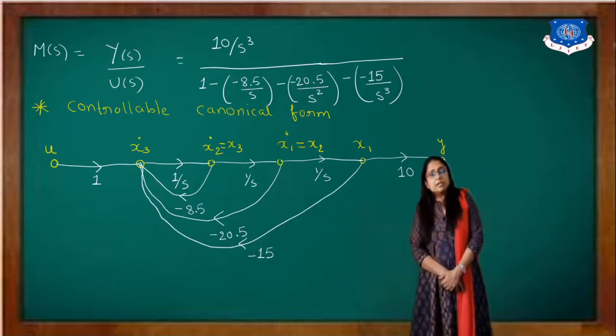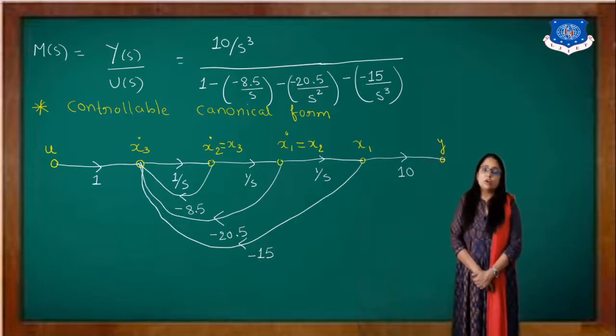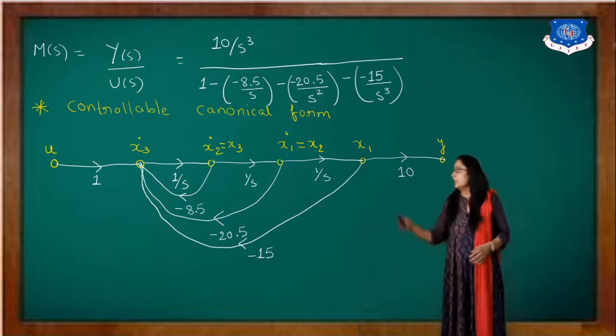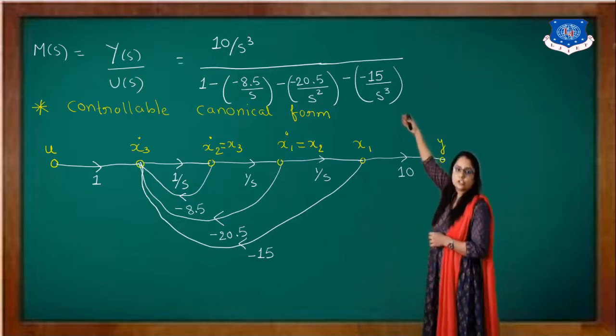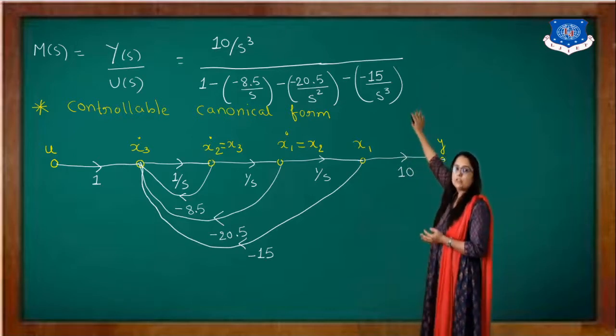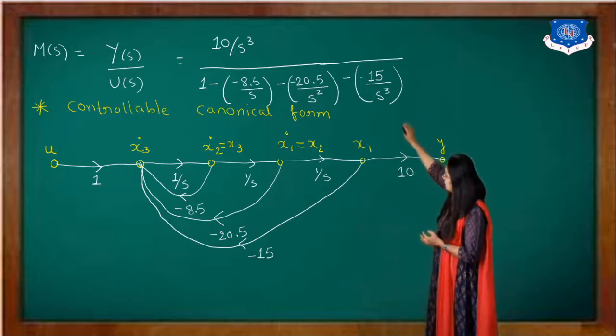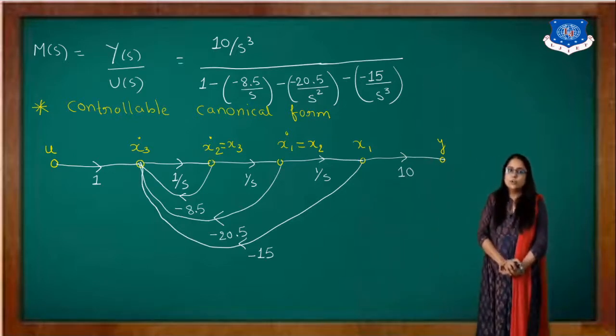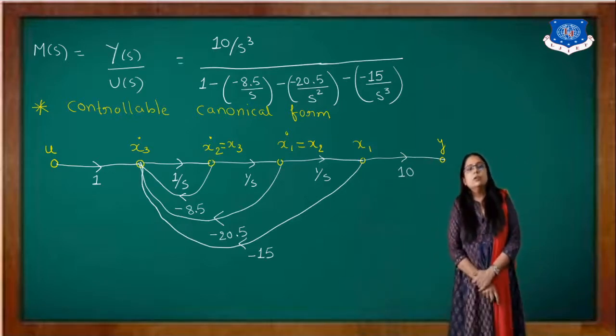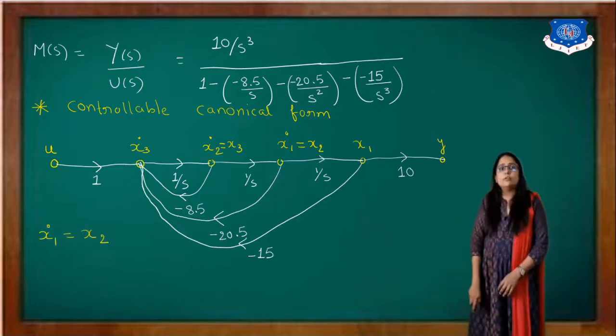This is completely the reverse procedure of what we do in SFG. In a signal flow graph, from the signal flow graph we write the transfer function. But now the transfer function is given to you. Based on this transfer function, you have to draw this graph. Okay? Now, based on this graph, what will we do?